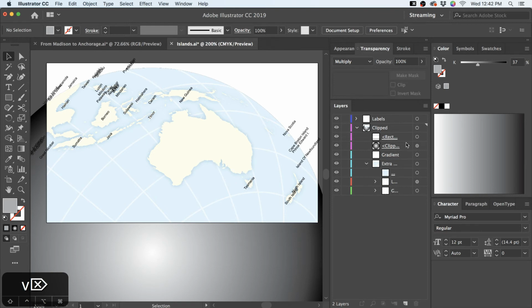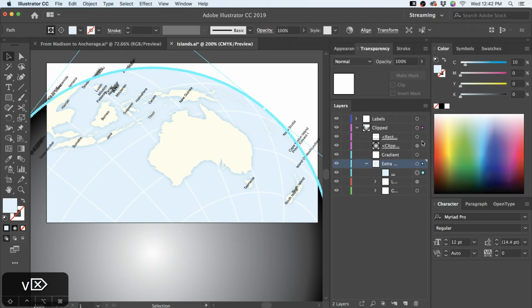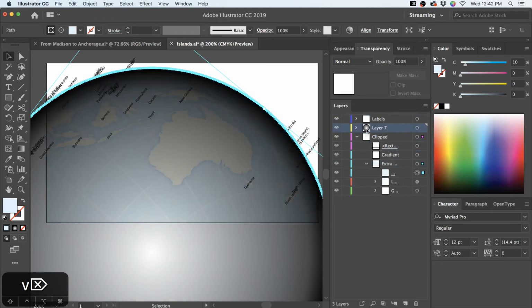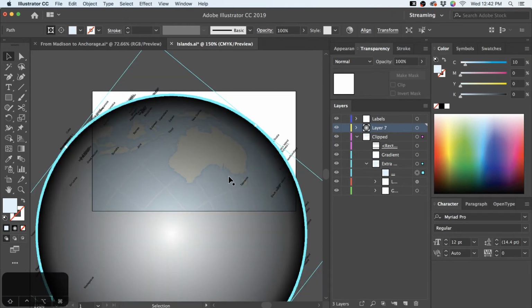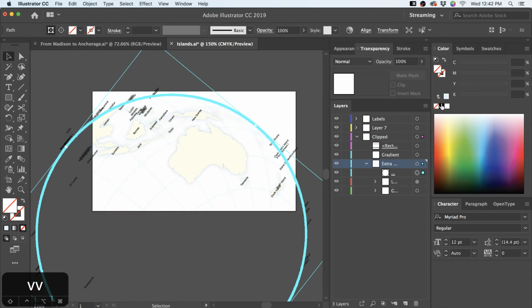So, I know what I've done. Sometimes when you take clipping masks and you copy them, Illustrator gets a little confused and thinks they might still be clipping masks. So I'm going to move this into its own layer for a minute. And yeah, now it's less confused about what that was. It just wasn't applying the transparency right because it thought it was still a clipping mask. So oftentimes you have to clip and unclip again and reclip again sometimes when you copy those shapes.